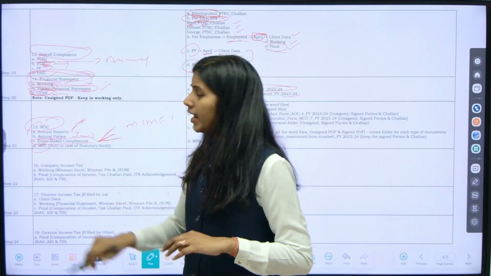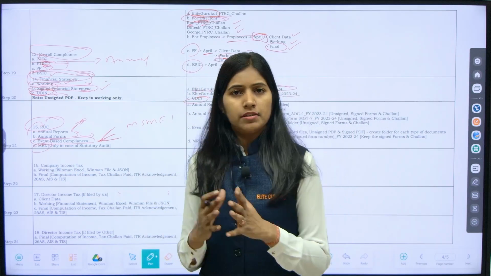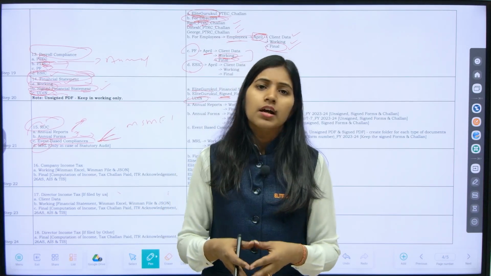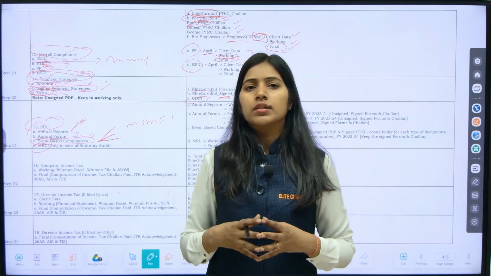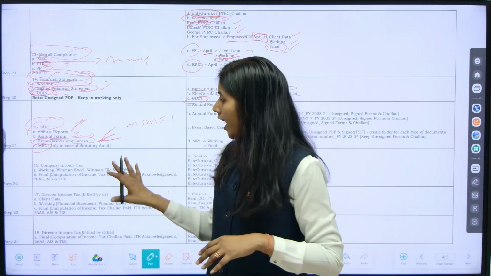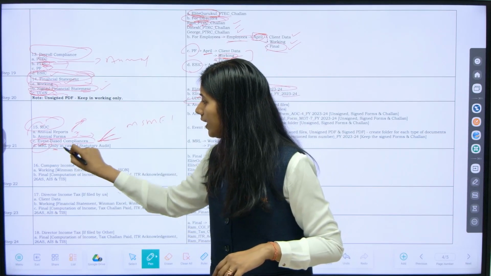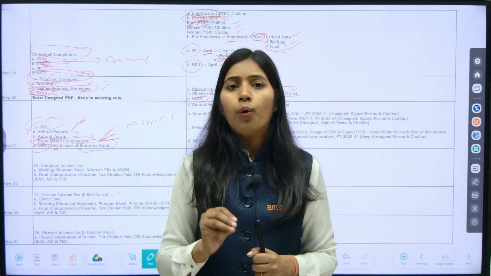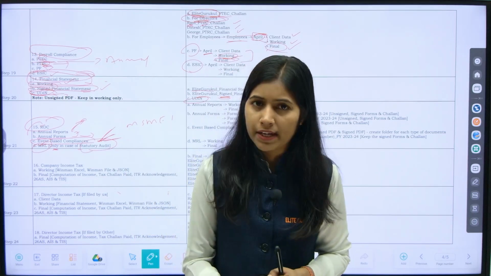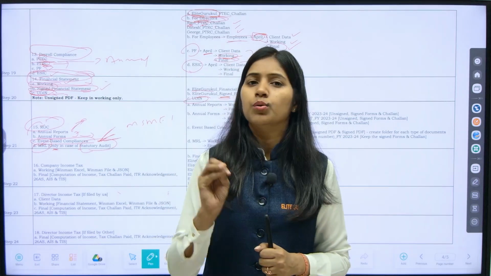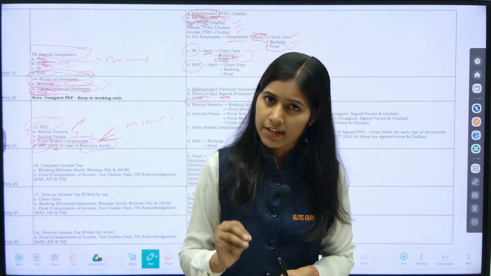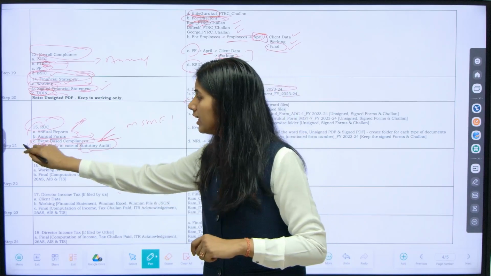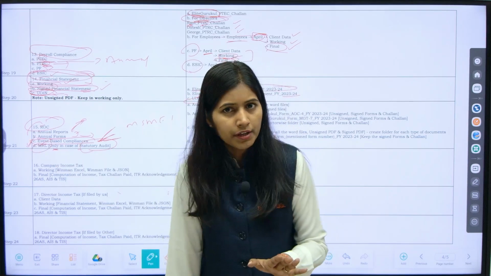And then comes here MRL. It is a management representation letter. Certain representations that company auditors take from the client, you have to keep here. Why have I written a note here? It's only in case of a statutory audit. If this is a company to whom only statutory audit is applicable, then MRL with respect to statutory audit will be kept here. I hope I am clear to you.